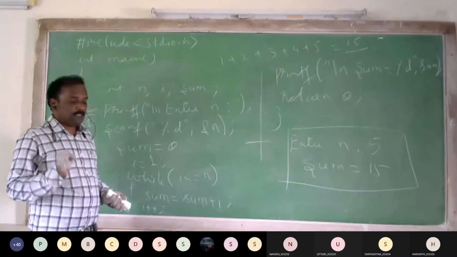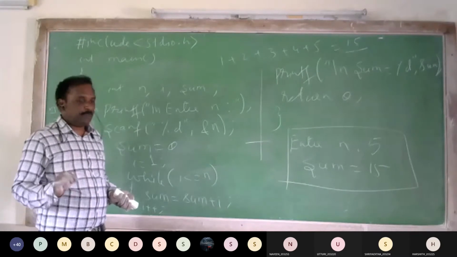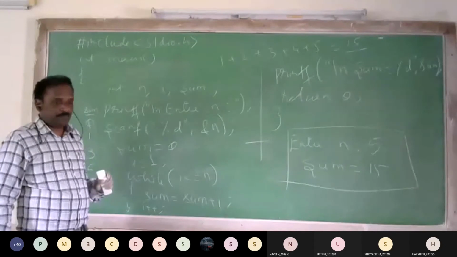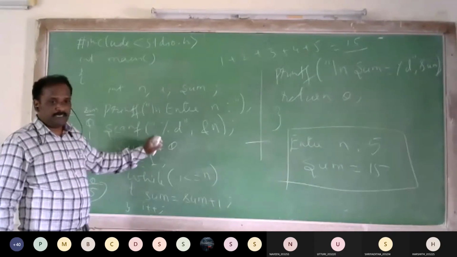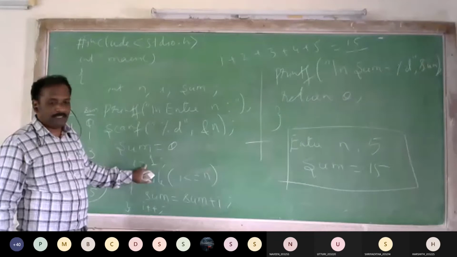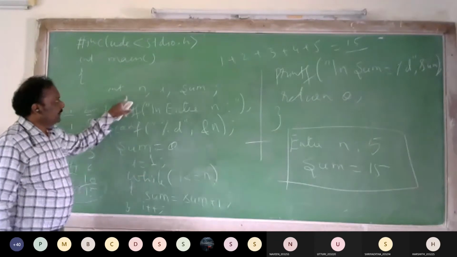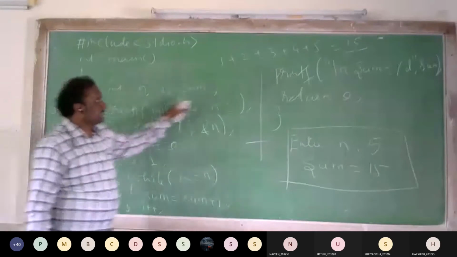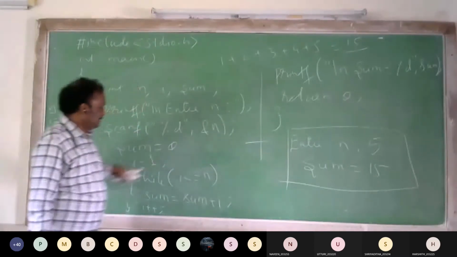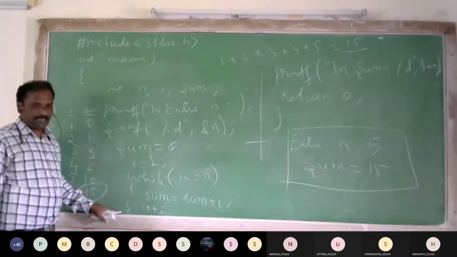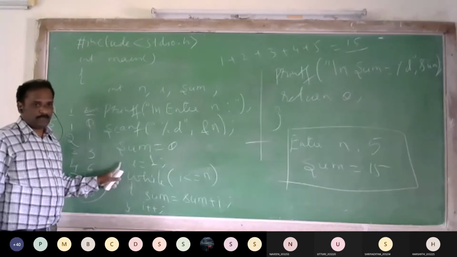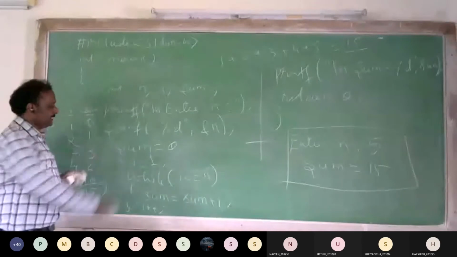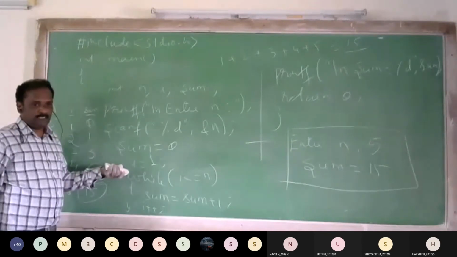So whatever algorithms or flowchart we have discussed, you must be able to convert into the program. Algorithm and flowchart we write as per the user's understanding. Here we are using the syntax according to the C language. All the statements should end with a semicolon. This is called a program. Flowchart and algorithm are for user understanding. Program is for implementation in the computer.